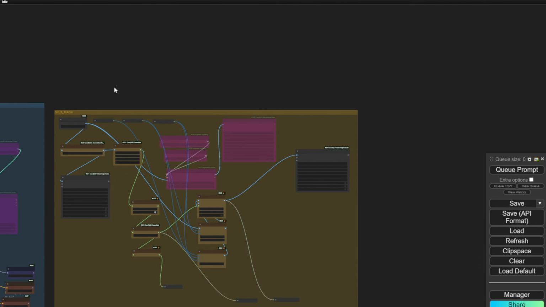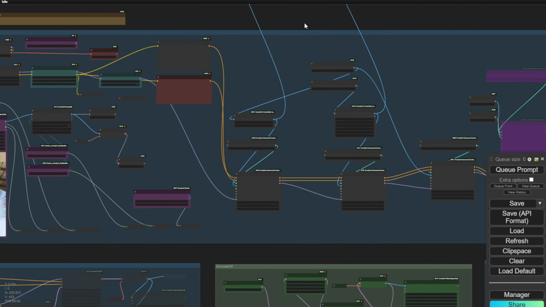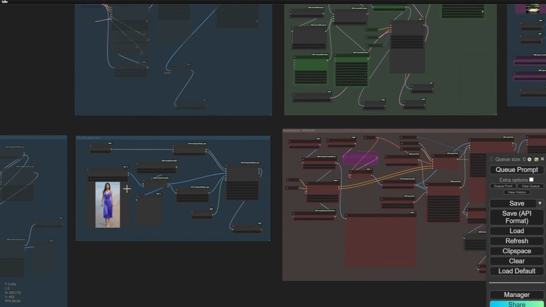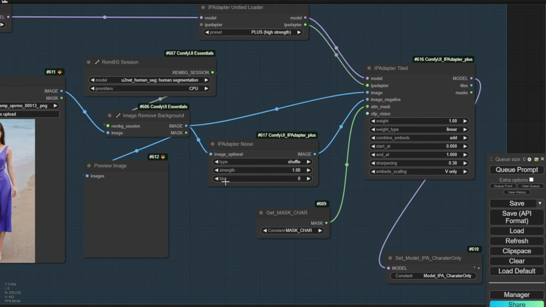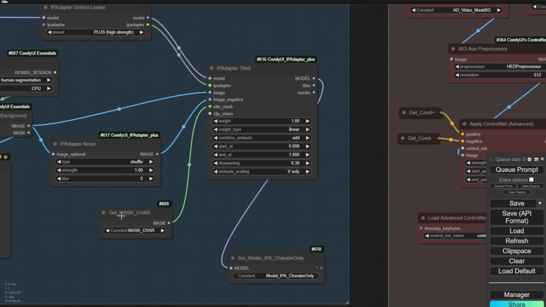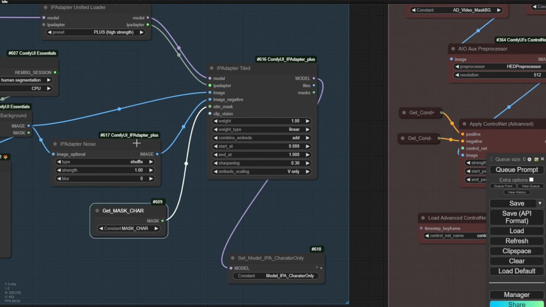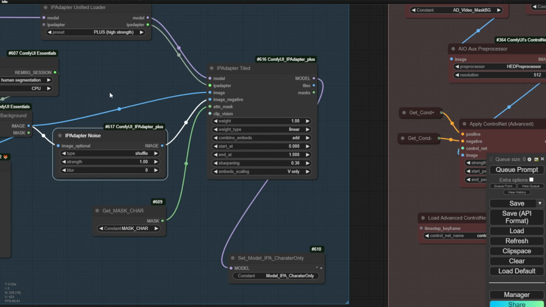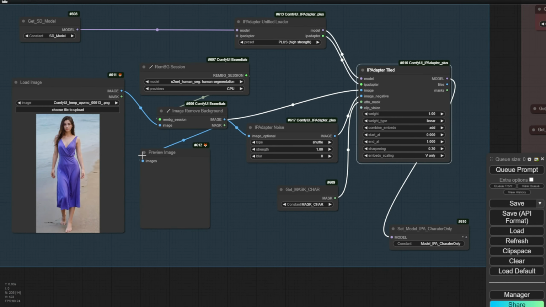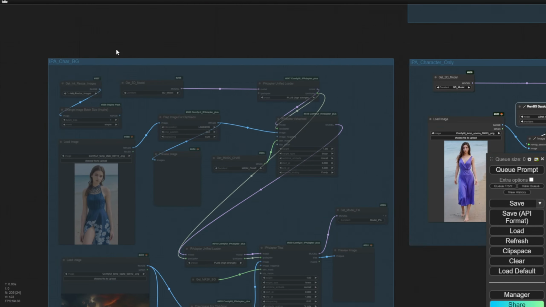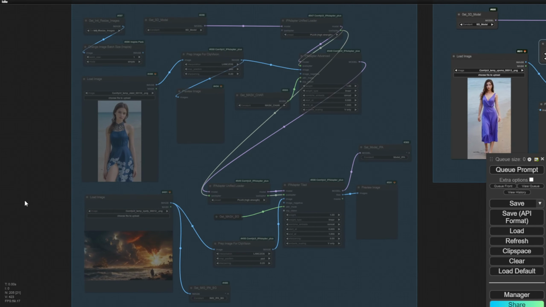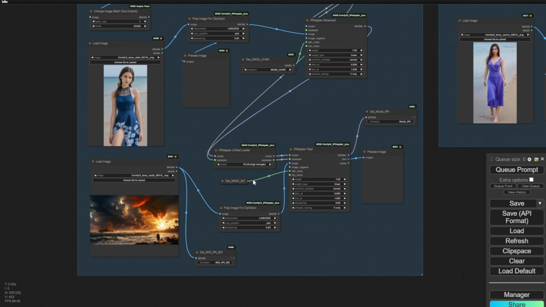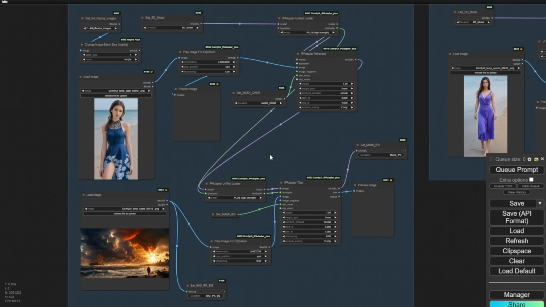What we usually did in the workflow here is we can do IP adapter masking that we always did using a masked character image, and then we pass that to the IP adapter tile here with our reference image. So it's okay. We're not going to stick with one method always, but sometimes it depends on the situation. If I just want to change the character, then I'll enable this group. If I want to change the whole thing, the character and the backgrounds, then I'll be using this group because they have both masking for characters and the backgrounds in here.